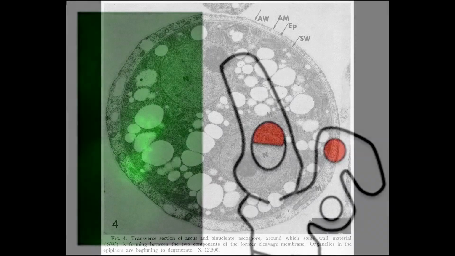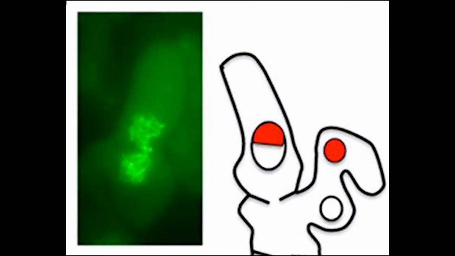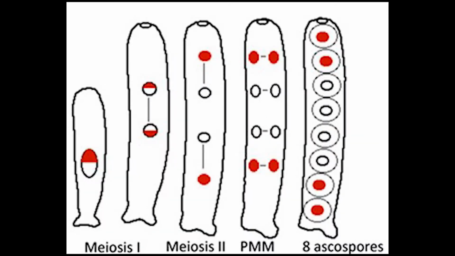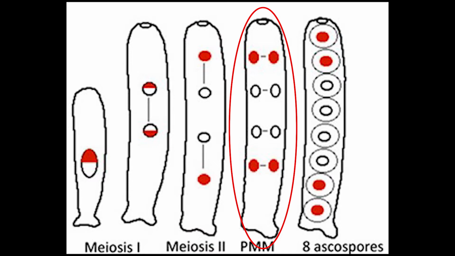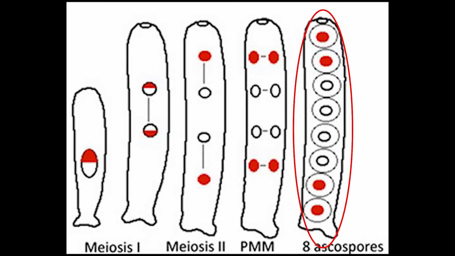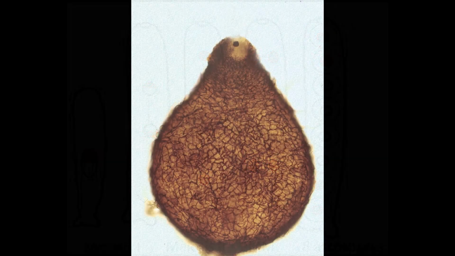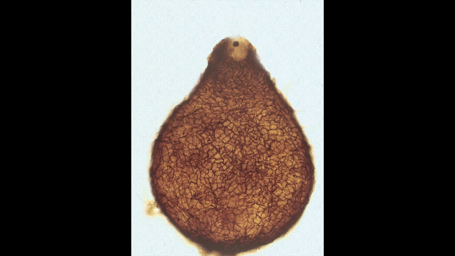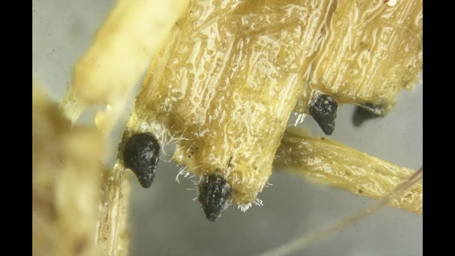It is only after many mitotic divisions that some of the dikaryotic cells fuse to form diploid zygotes. Then, the zygote undergoes normal meiosis and forms 4 haploid nuclei. As you have seen in your lecture notes, they undergo an additional mitotic division to produce 8 haploid nuclei. Cells are formed around these nuclei to become ascospores. When the perithecium ruptures and the ascospores are released, the life cycle is complete.